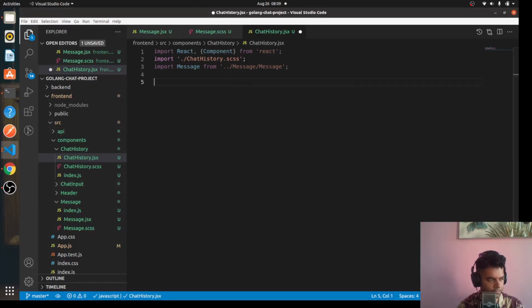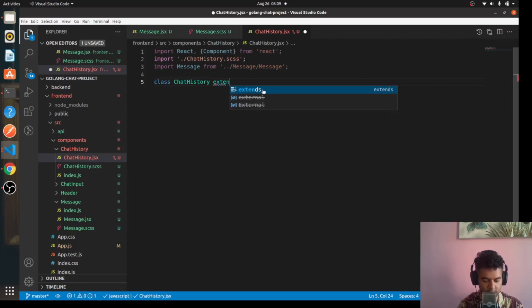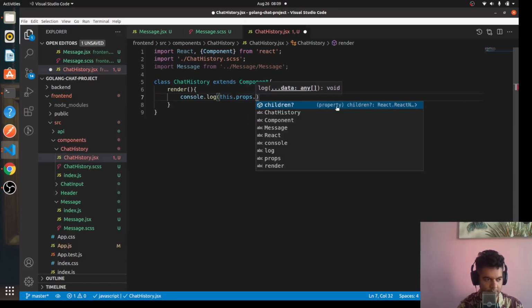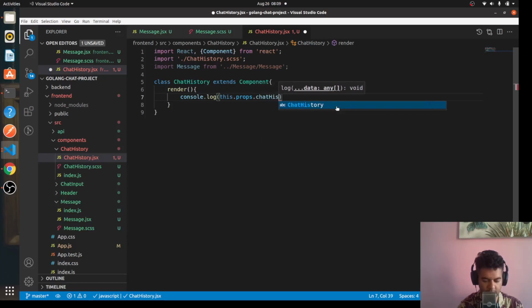So it'll be a class-based component. We'll say class ChatHistory extends Component, render. So we'll first log out the props that we're getting here. So we'll say this.props.chatHistory,